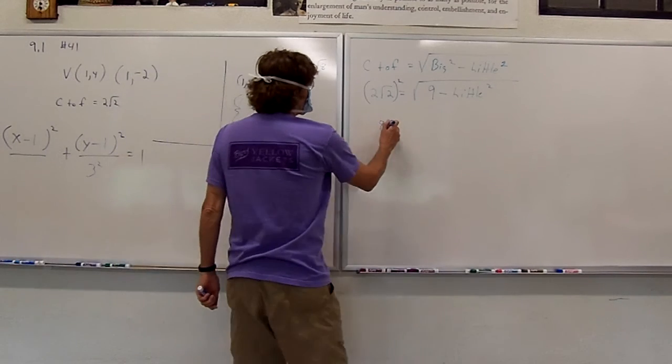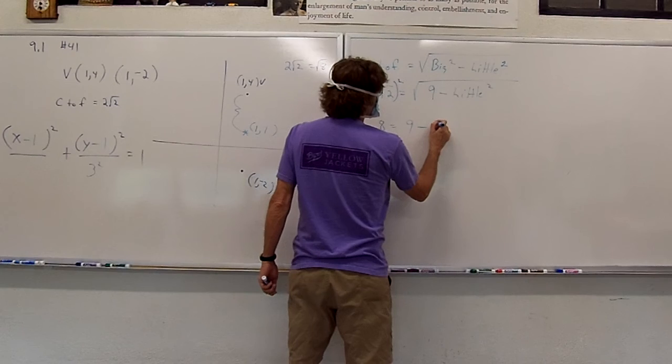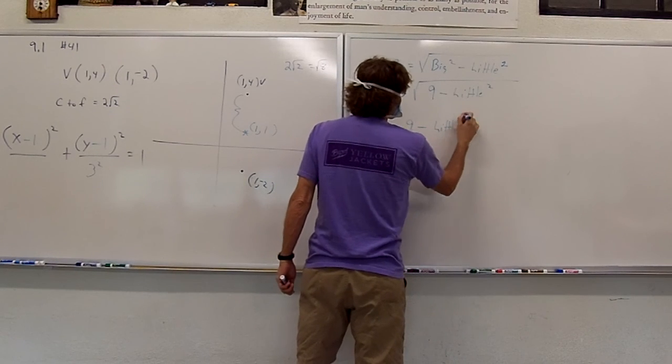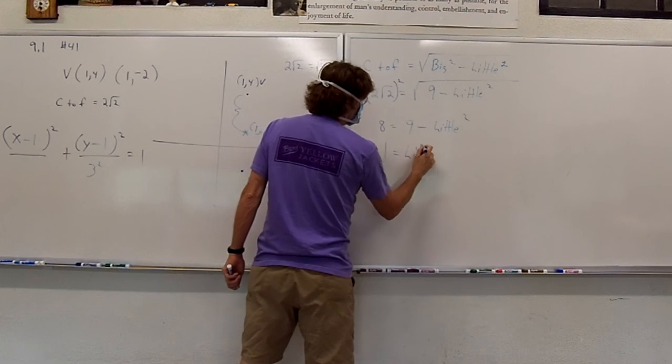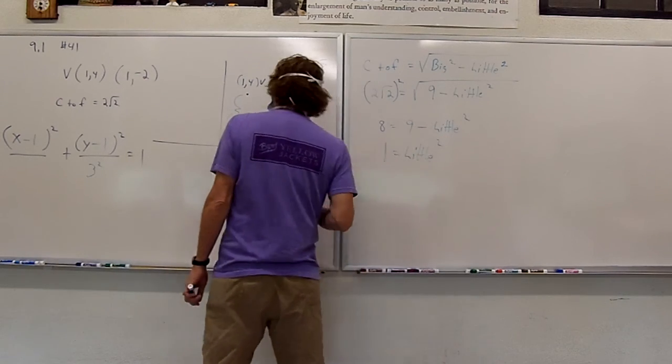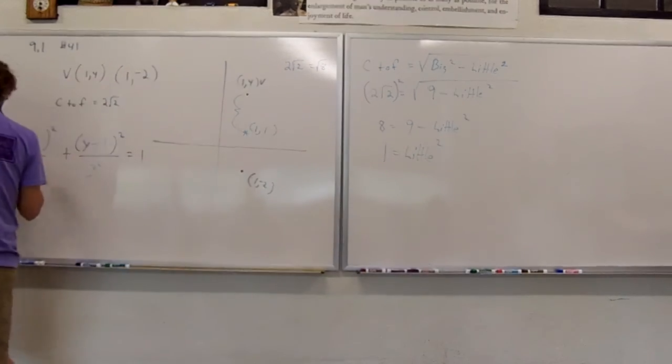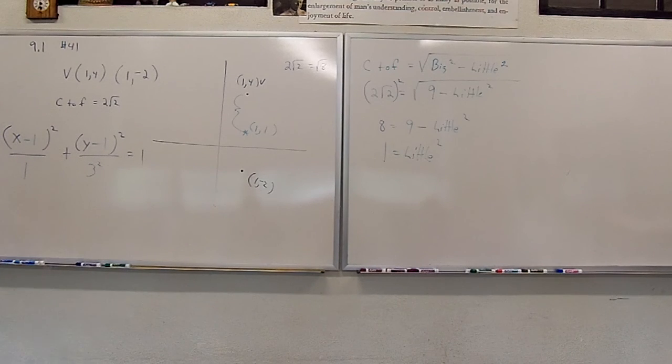And then you get 8 equals 9 minus little squared. 1 equals little squared. And so 1 squared is 1. You just put your little 1